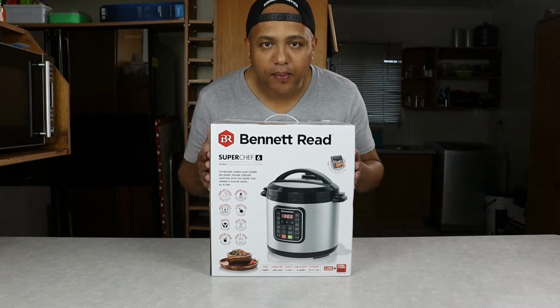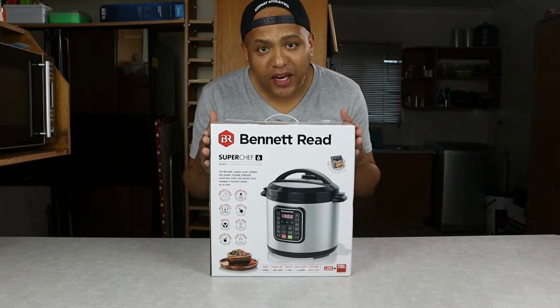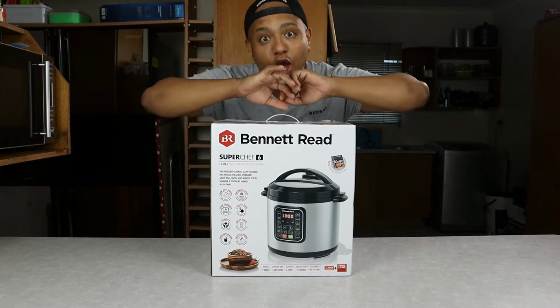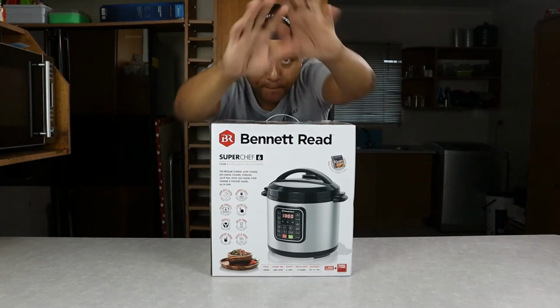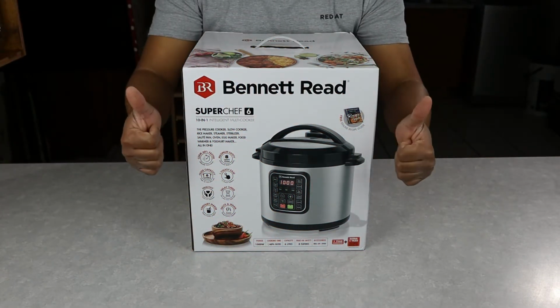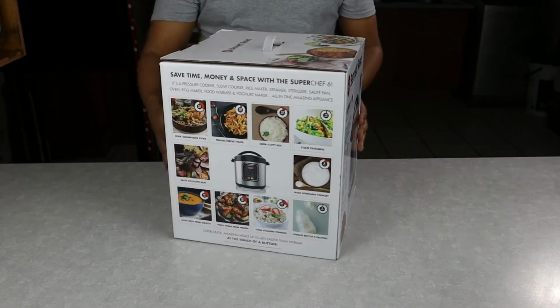Today we'll be unboxing the Bennet Read 10-in-1 pressure cooker. Super excited. Here we go. There we have it. The Bennet Read SuperChef 6